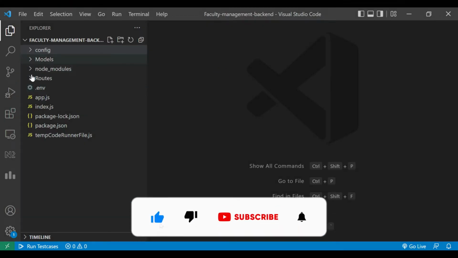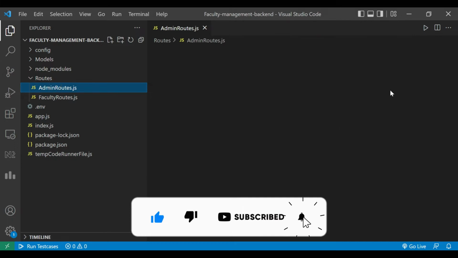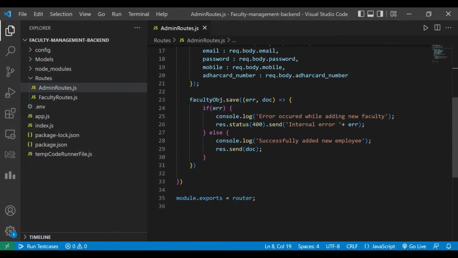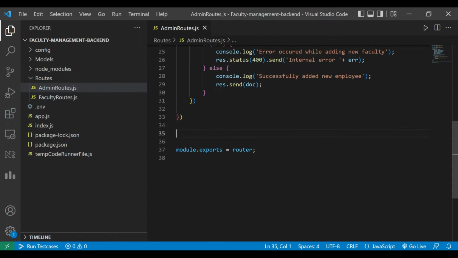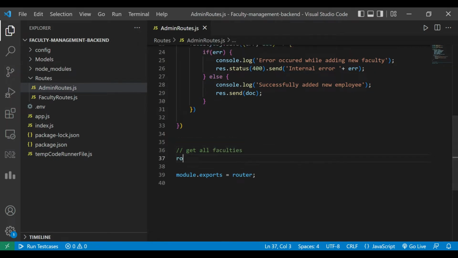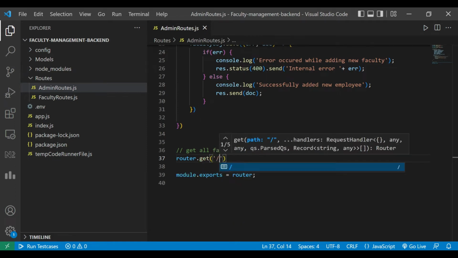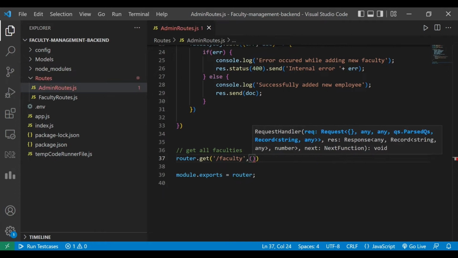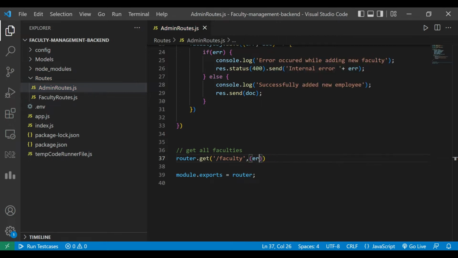So first we'll go inside our backend, and inside admin.js file we're going to create one API endpoint to get all the faculty members' details. To do that we'll use the router.get method. We'll use the endpoint as faculty, and then we'll pass two parameters, request and response,